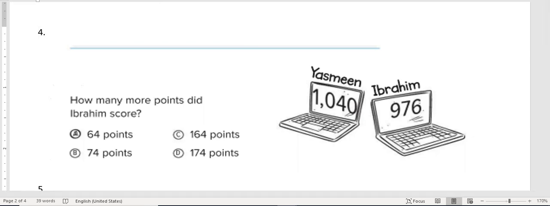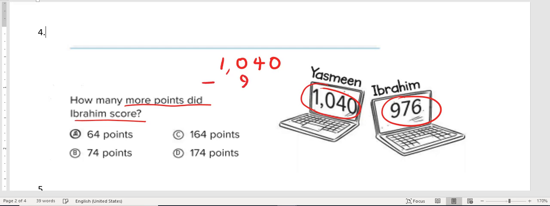So how many more points did Ibrahim score? We have the point for Ibrahim and the point for Yasmin. Did Yasmin score more points? Since Yasmin's score is more than Ibrahim's, to know the difference between these two points, you do that of Yasmin, which is 1040, minus that of Ibrahim,